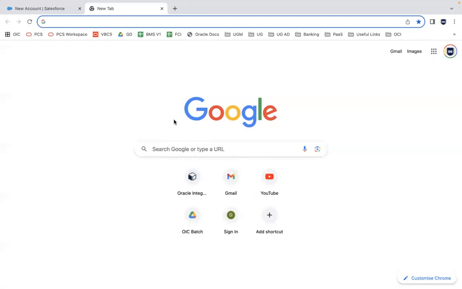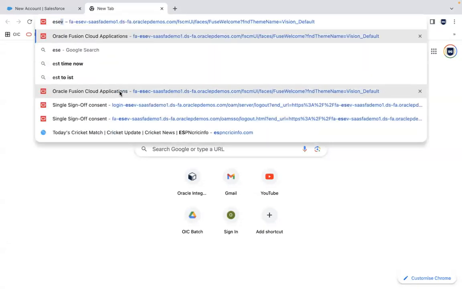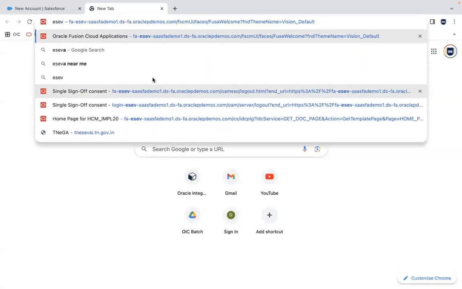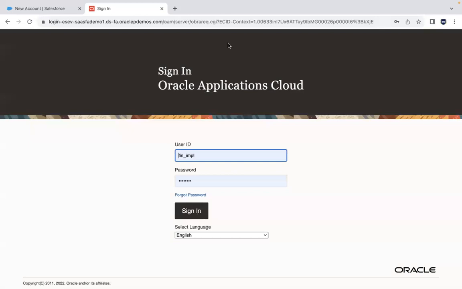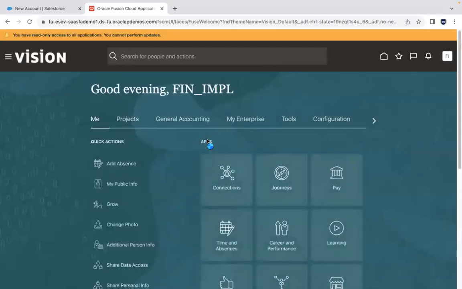What's the requirement? A client might be using a Fusion Cloud application from Oracle to manage their finance modules. So I'm logging into the Fusion Cloud application as a finance implementation user. We'll be giving you access to all of this, guys, as part of the course enrollment. And the moment you log into the application as a finance implementation user,